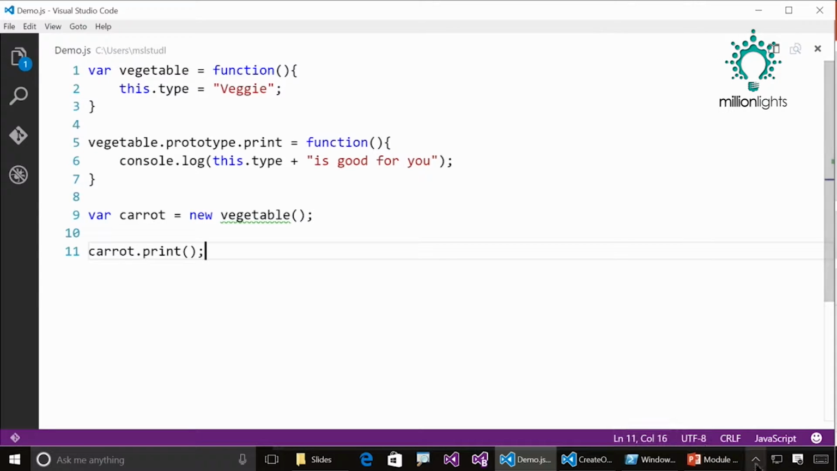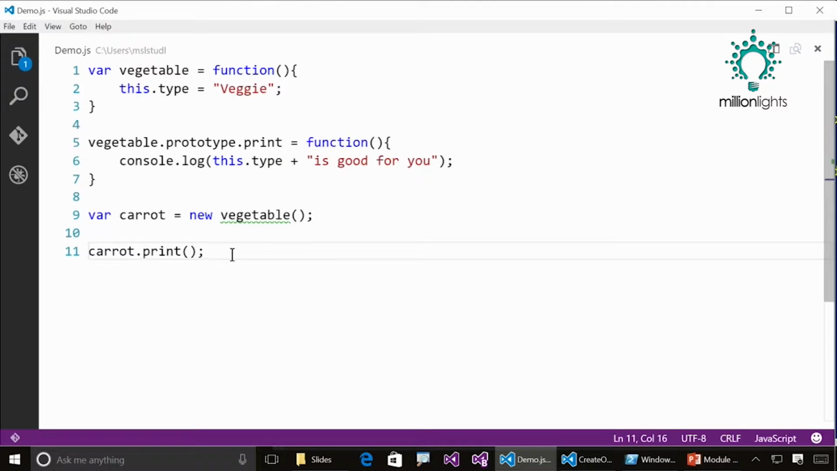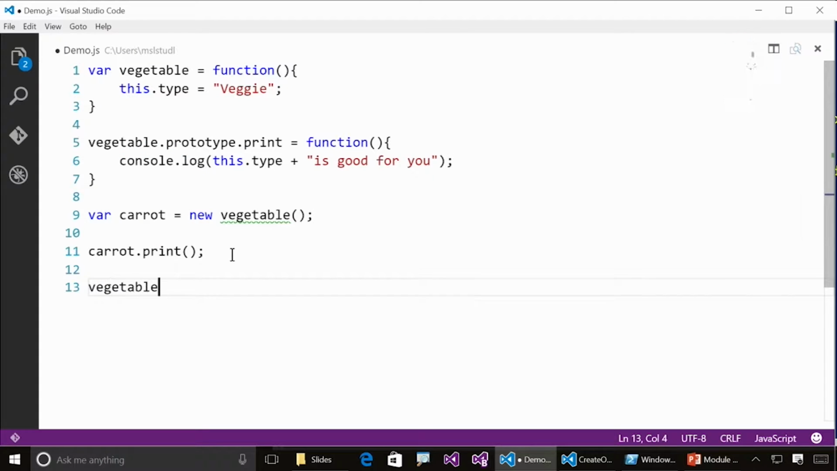So let's see. Oh, well, there's supposed to be a space here, but it's okay. So the carrot object, in fact, did inherit the vegetable prototype. And what you can actually do too is you can still add things. So if you were to do vegetable.prototype